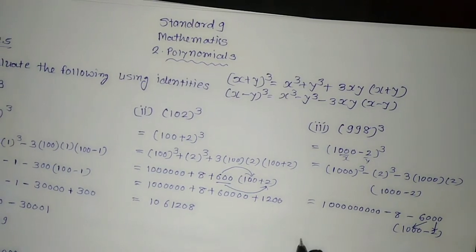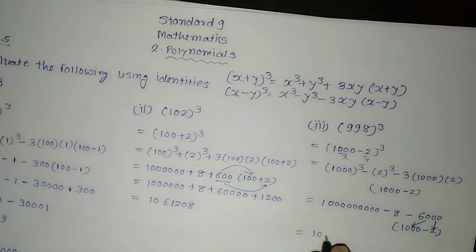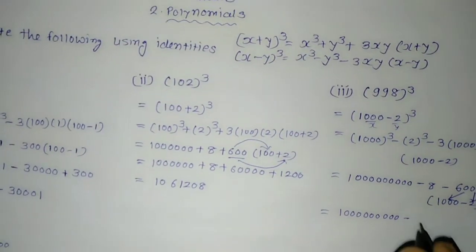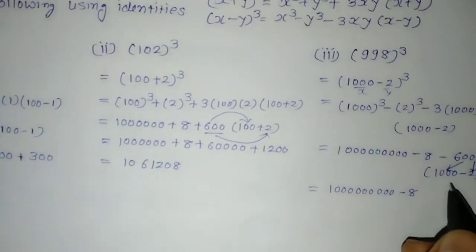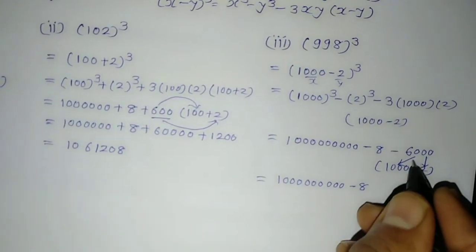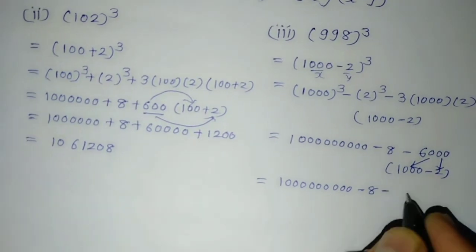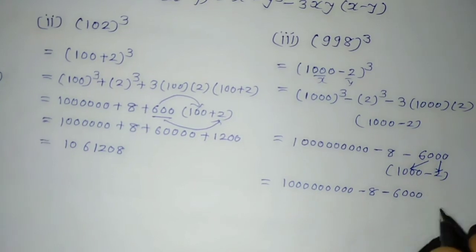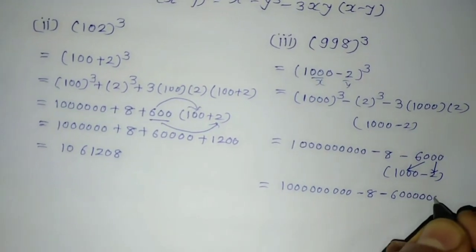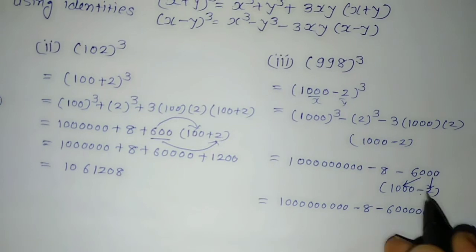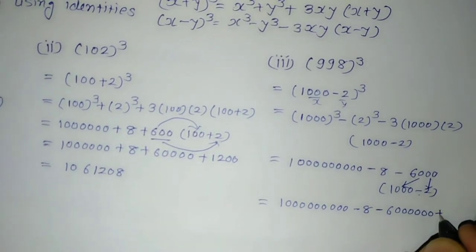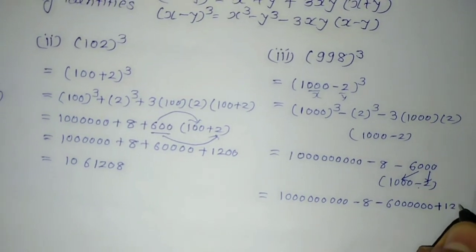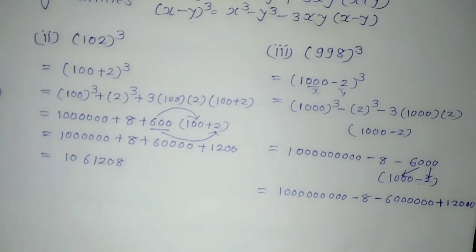So this 6000 will be multiplied by this as well as by this, along with this minus sign. So I will put it as it is, 3 4 5 6 7 8 9 minus 8. This 6000 will be multiplied by 1000. This is minus and this is plus, so minus into plus will be minus 6 1 2 3, and this 1000 will be again multiplied, so 3 more zeros. This is minus and this is minus, so minus into minus turns to plus, and 6000 into 2, 6 twos are 12, and these 3 zeros mean it is 12,000.